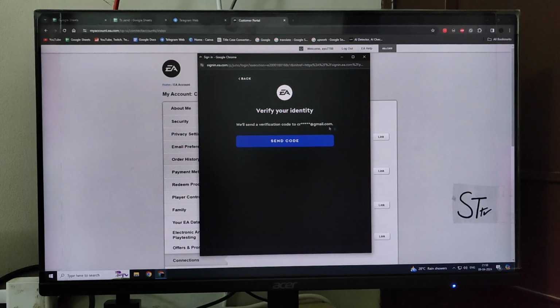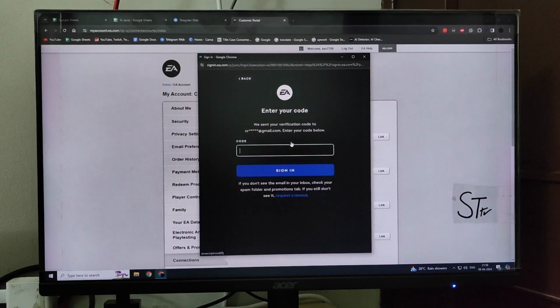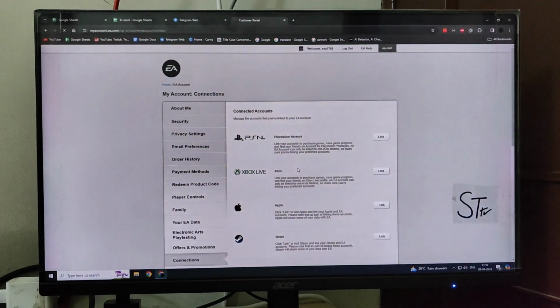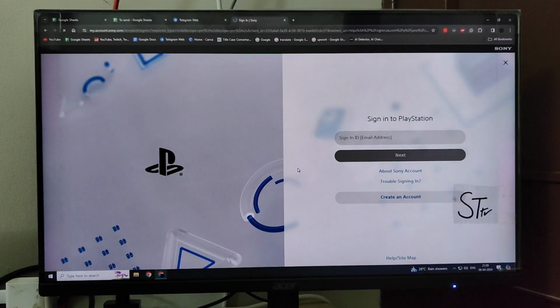And now here it says we'll send a verification code to your email. So you have to click on send code and check your email and enter the code here. So after you have entered the code, click on sign in and wait for it to load, and this will take you to the